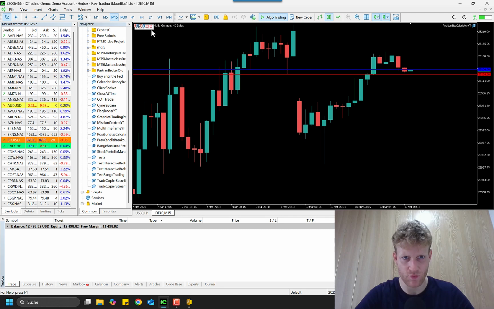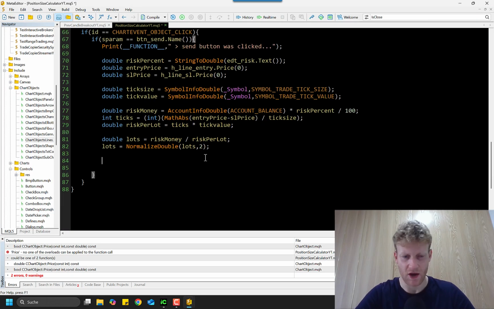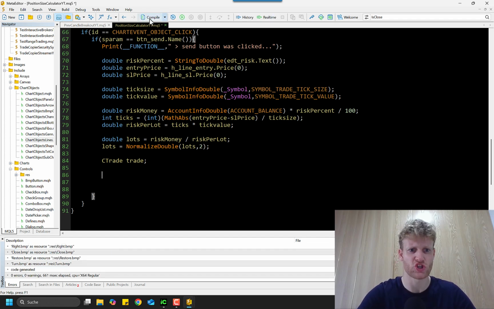Also, this looks a bit weird. I don't know why it looks like this, but yeah, I don't really mind. Okay, so now we can use our trade class here to create a trade object variable. And now we want to check if the entry